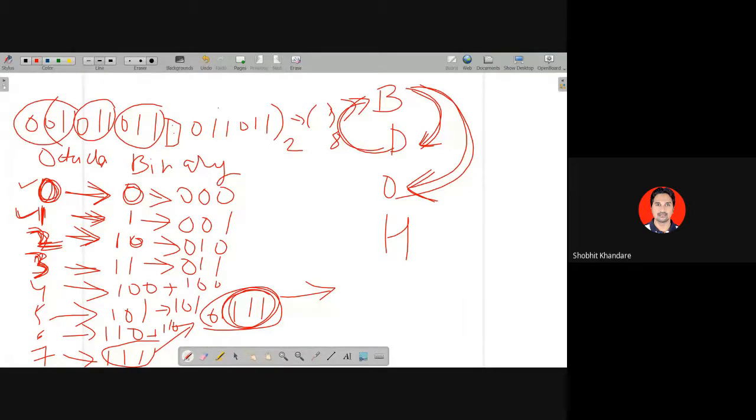Similarly, go towards the fractional part. Start from the binary point. Again, you make a group of 3. This is a group. Again, you make the remaining group. So you have this as a group. So once you make a group of 3,